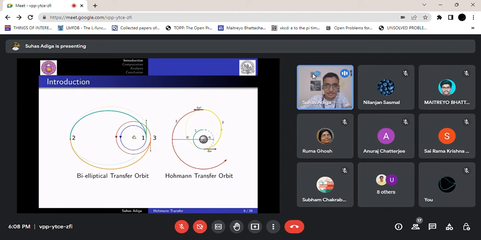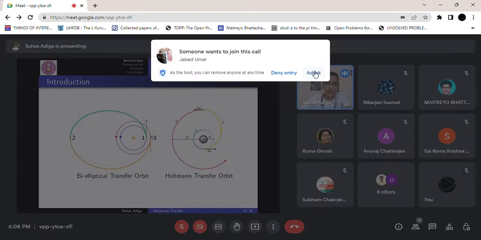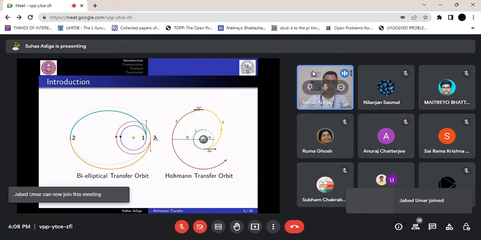You can see this is the Sun, and this is where we are starting. Let us say this blue one, I think you can see my cursor, the blue orbit is my origin orbit. That is, I'm starting from here, and I have to reach this orbit which is in red color. That is what I marked as 3. So what I do in bielliptic transfer is